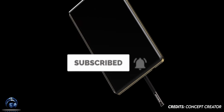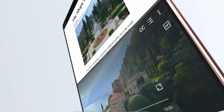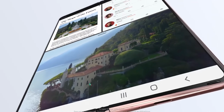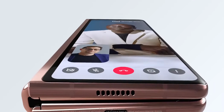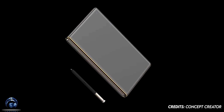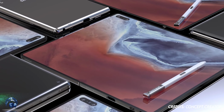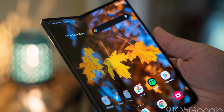It was initially going to come with Galaxy Z Fold 2, but the screen was not yet ready for a stylus and it could have damaged the screen. But with this year's Fold, we're getting a stronger and more durable display, which is a second gen all-thin glass technology with a curved display technology that's going to make the display much stronger, which indeed would be able to support S Pen functionality. And speaking of which, we're also gonna get under display camera technology from Samsung finally,